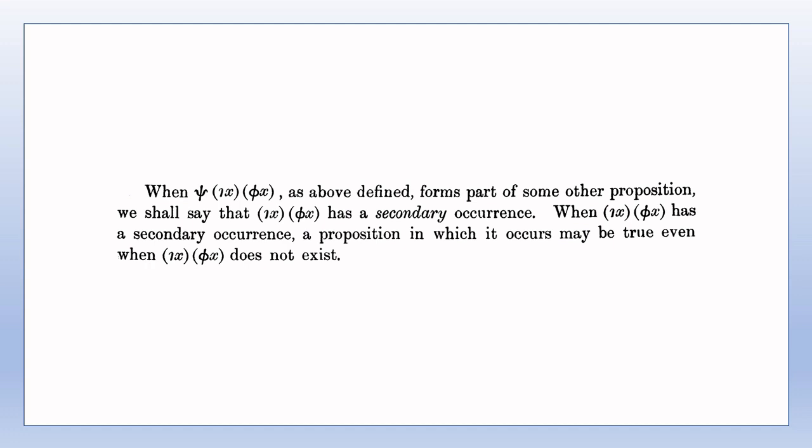Thus, the x which satisfies phi x will have the larger scope in f of the x which satisfies phi x and the x which satisfies psi x, since it occurs first typographically. This convention, that the description which occurs typographically first has the largest scope unless otherwise indicated, is a purely arbitrary convention